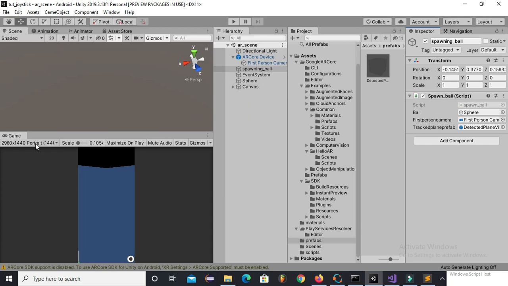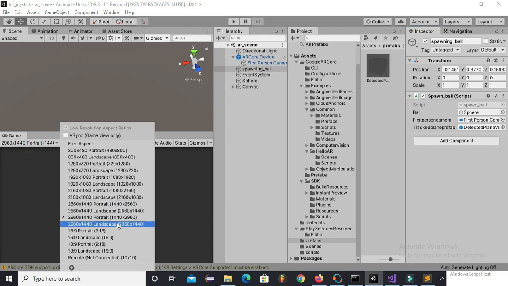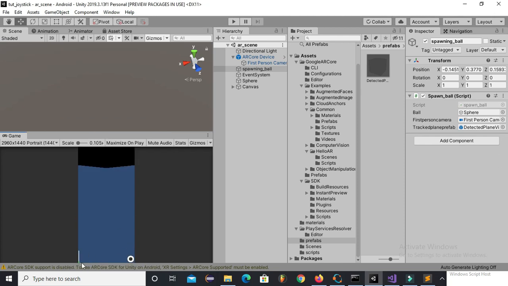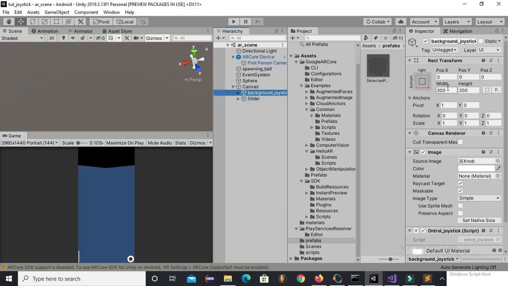And first of all, make sure that the screen size is according to your phone. So I have assigned 2960 by 1440, which is according to my phone, and you can change the size of this joystick and slider so that it will become more visible.